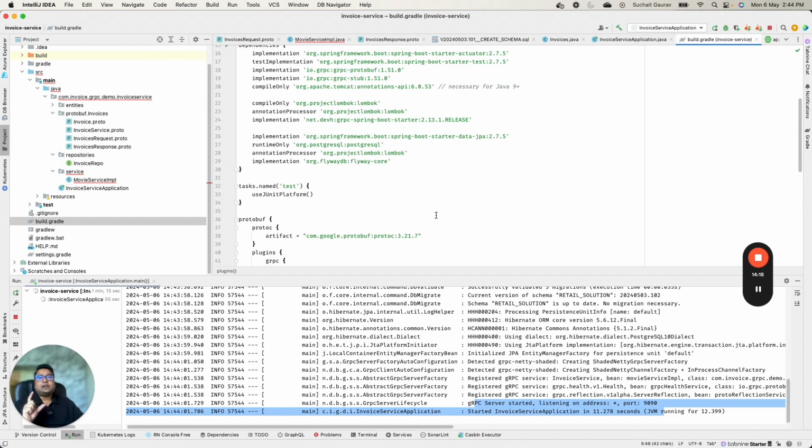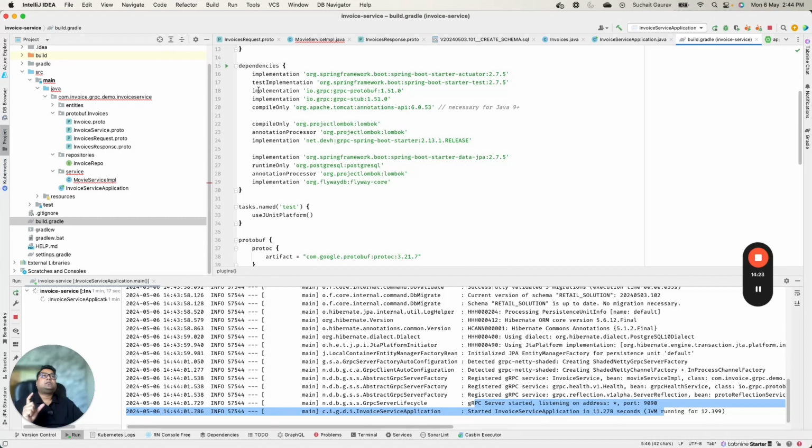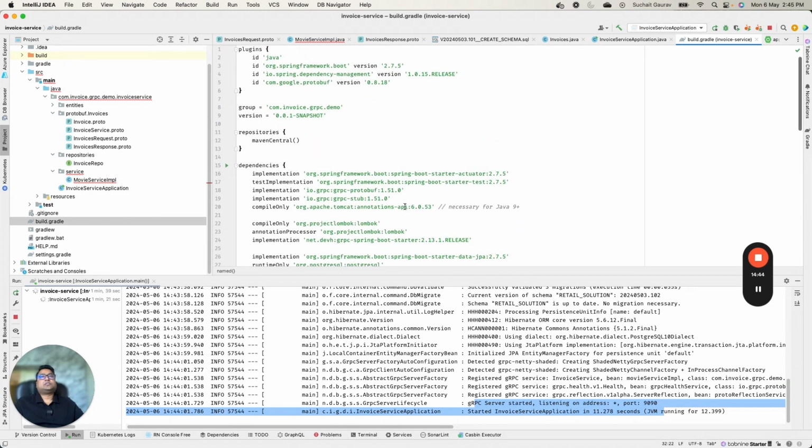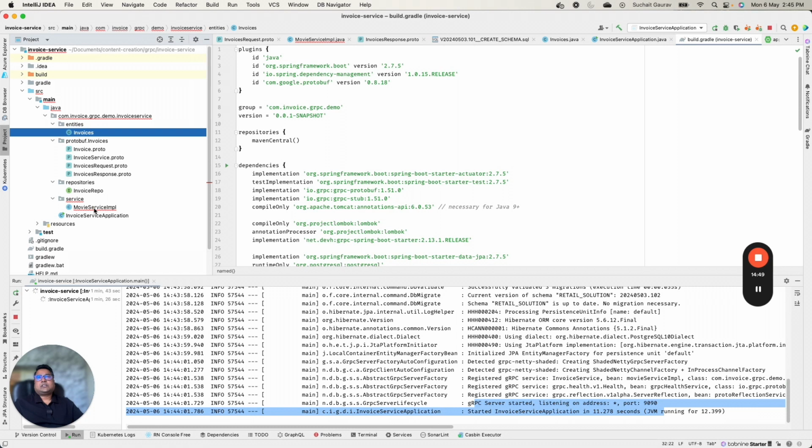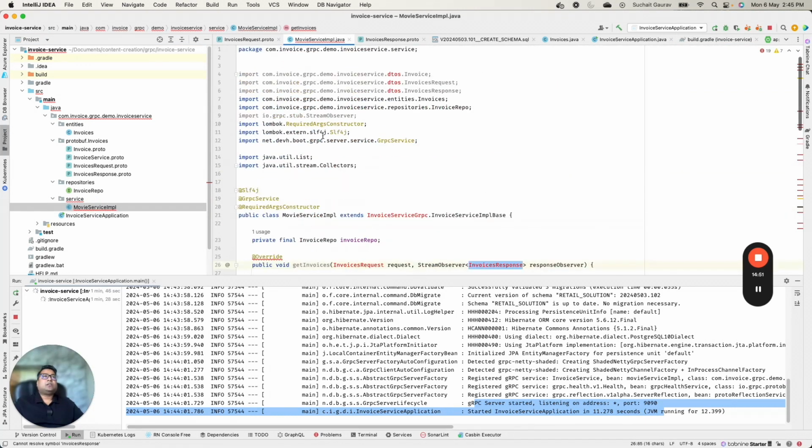And then there are certain dependencies that I have added. So I have added this io.grpc protobuf and then stuff. And Spring Boot doesn't have any official dependency for gRPC, but there is some guy who has released one. So I'm using this Spring Boot starter for gRPC. Okay, and then there are some traditional dependencies in order to talk to database, etc. Okay. So now if you see, these are entities talking to database, and if you go to my movie service